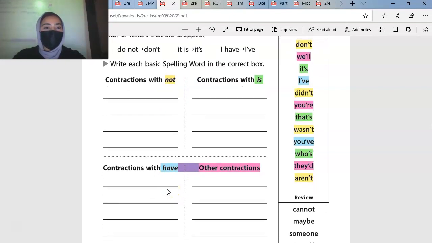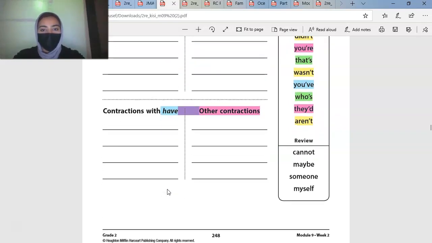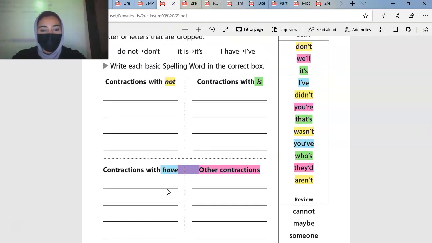I will post a video about contractions from Brain Pop. If you want to watch it, it will help you. After you do, if you would like to pause the video now to get a chance to do this first and then move on, go ahead and pause the video now. Okay, now that you finish with this worksheet, the next thing you're going to do